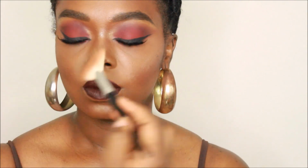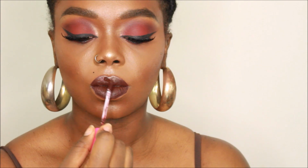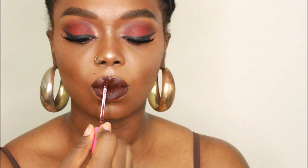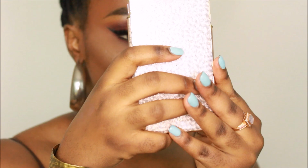And now I'm just taking her highlight up a notch a little bit because when you're going out, you want to be glowing or whatever, you know what I'm saying? So I put some more highlighter on in all of those places again. Since it got on her lip and we were going for a matte lip, I reapplied the lipstick, waited for her to finish Snapchat,